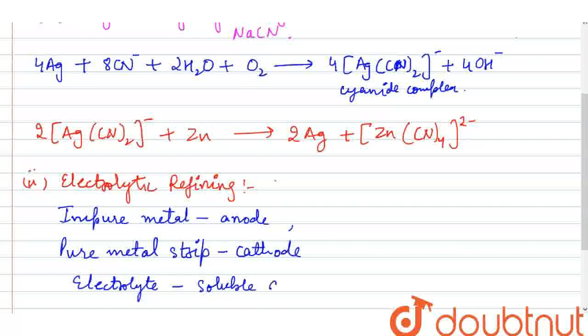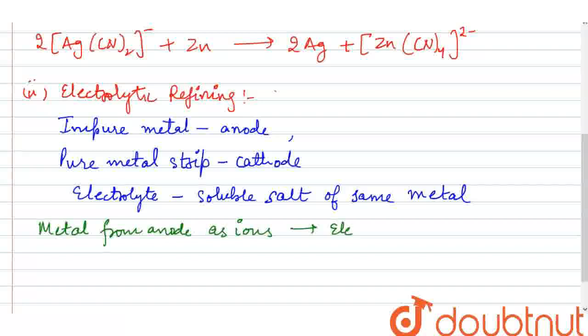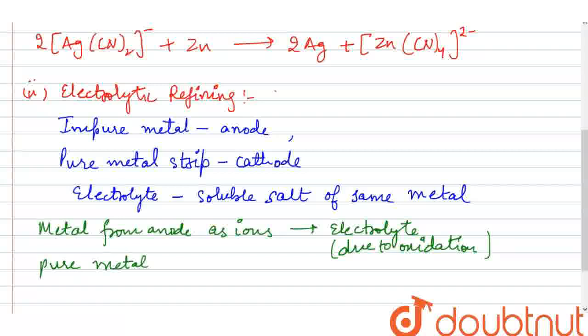a soluble salt of the same metal. For example, if I'm doing the electrolytic refining of copper, I'll take the electrolyte as copper sulfate, of the same metal. So in this electrolytic refining, the metal from the anode will pass as ions into the electrolyte due to oxidation, so the pure metal gets deposited from the anode to the cathode,